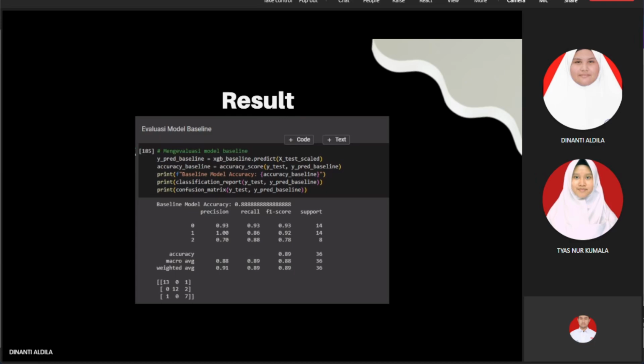And for the XGBoost, before tuning it has a lower accuracy of 88% compared to the tuned random forest, and class 2 has the lowest precision and recall, indicating that this model has difficulty identifying this class correctly. This could be due to a lack of distinguishing features, because the model is not complex enough to capture the pattern from the class in the dataset.